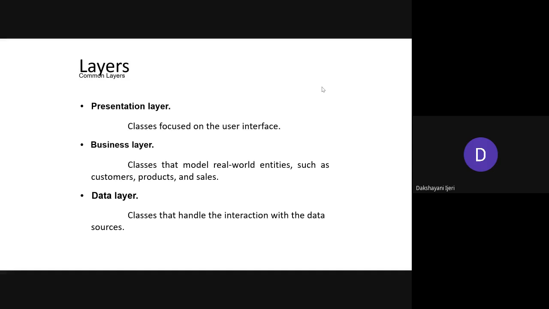Only for this class, bear with me with these theoretical concepts. From the next class onwards, we are going to directly start with the programming of this JavaScript. So only for this class, we are discussing this theory part of this chapter here. Just tell me, have you studied the software engineering subject?